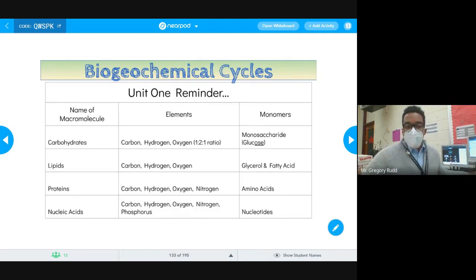All right. So here's kind of the summary of what we just did. We've got the macromolecules. Again, there are four of them: carbohydrates, lipids, proteins, and nucleic acids. Each of them has their own chemical makeup. Carbs and lipids have the same three elements. And in fact, those same three are present in all four macromolecules. But carbs are special because we see them appearing in a 1 to 2 to 1 ratio. That means if there are 5 carbons, there should be 10 hydrogens and 5 oxygens. Proteins are special because they have nitrogen, and nucleic acids are special because they have both nitrogen and phosphorus.